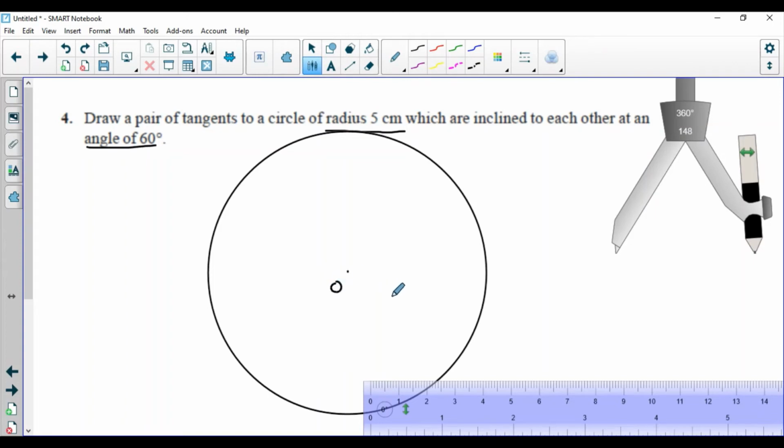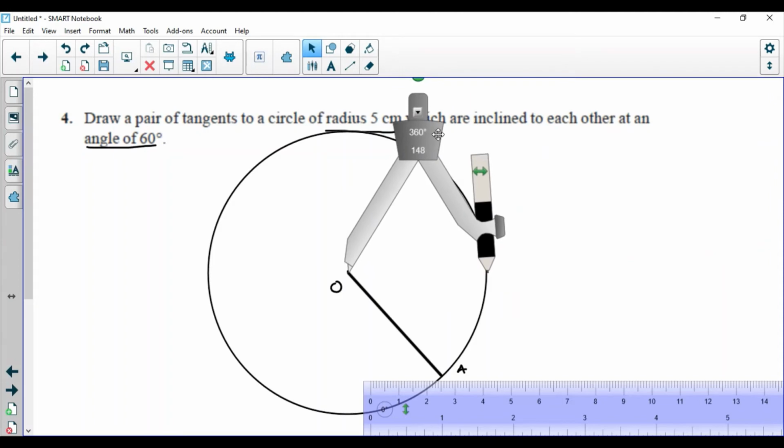Let this point be O. Okay, now we will take any radius. Suppose this is the radius. That will be our base arm or initial arm of the angle, we can say. Let this point be A. Now angle O is what? 120 degree. So for 120 degree,